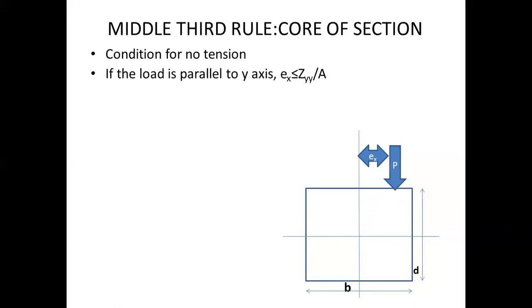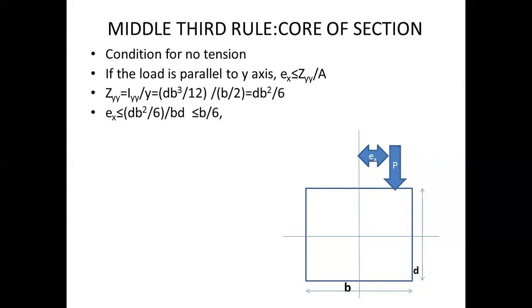Now we know already the condition for no tension in a column is E less or equal to Z upon A, where Z is the section modulus and A is the area of cross section. Here the load is acting parallel to y-axis, so Ex should be less or equal to Zyy divided by A. Zyy is the section modulus